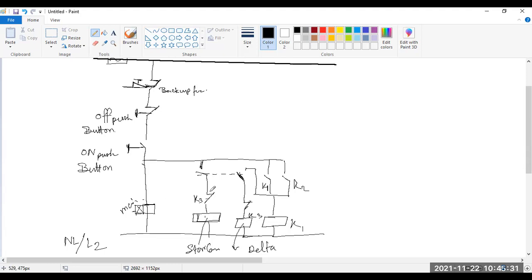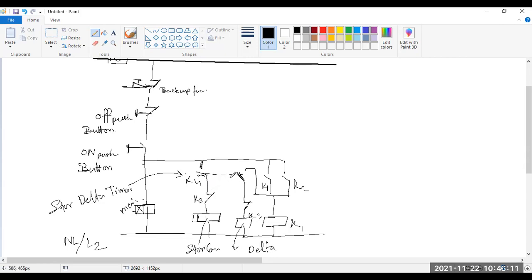So what happens? Look, whenever delta is start, here is K3 and here the contact is also K3. So whenever this contactor goes from break to make state, it will just cut, so the star connection will cut. Okay, and here this is K4. K4 is the star delta timer. Here K4.